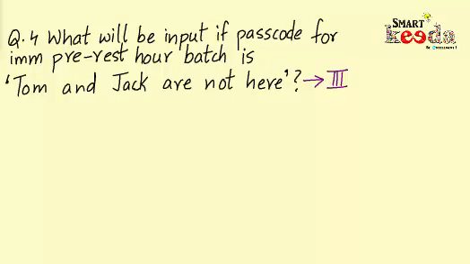And now we will note down the pattern of the label numbers for batch 3 that we obtained in the initial example, which is 4, 2, 1, 5, 3 and 6. As this is the pattern of the numbers which we labeled to the words of batch 3, therefore we can also label the words of the passcode of the 3rd batch given in the question in the same order. So we will label Tom by number 4, and by number 2, Jack by number 1, are by number 5, not by number 3 and here by number 6.